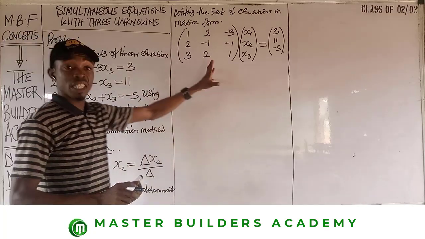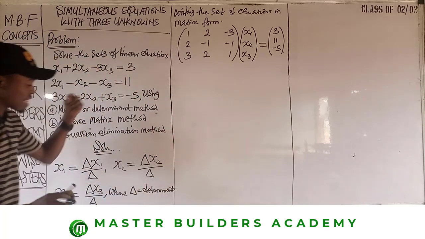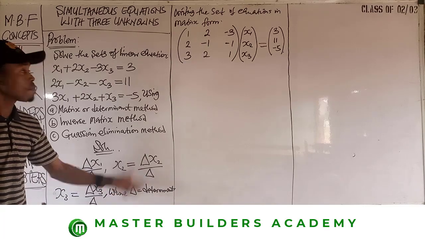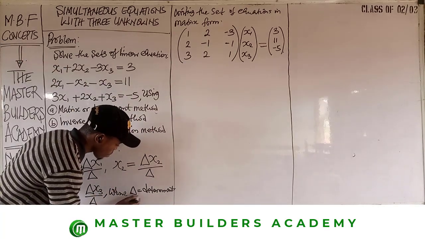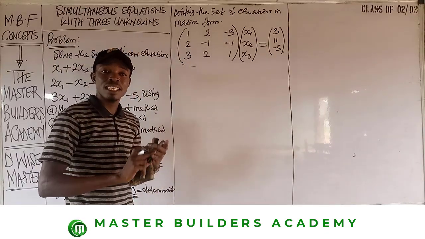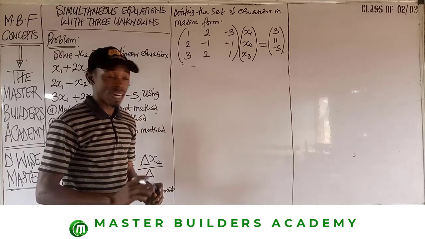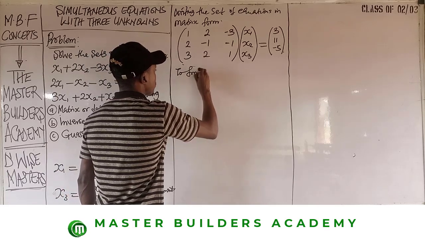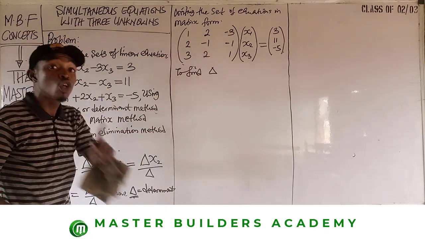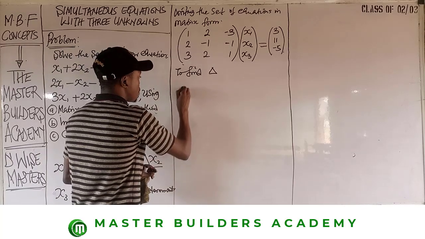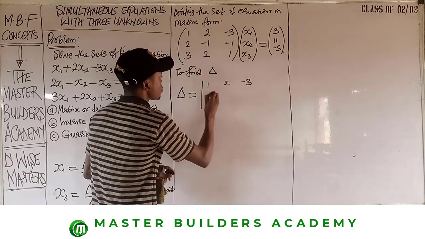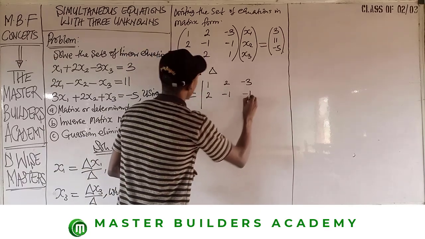So, now the next thing we gotta do here is to ensure that we are able to find the determinant of this guy. Are we there? In order to solve this problem, we need to find the determinant of this guy. It's as simple as that. So to be able to find this determinant, we will take out the coefficients of x1, x2, x3, or x, y, z, depending on the variables that you have. Alright? So that we'll ask you to find delta. So to show that we are finding the determinant, this curve would have changed to a straight line, like you're going to see now. So this guy becomes a straight line of 1, 2, negative 3, 2, negative 1, negative 1,